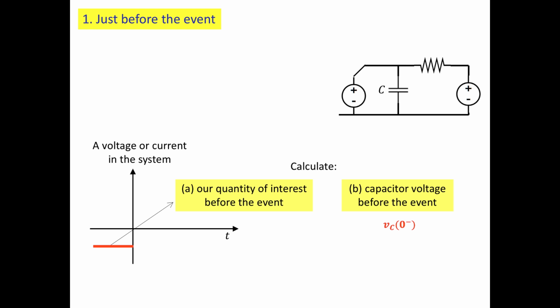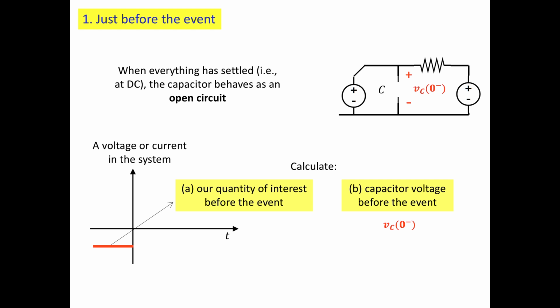Now, before the event, I'm going to assume that the system has been stable for a while, and so nothing is changing anymore. In that case, the capacitor behaves as an open circuit. Everything has settled, everything is at DC, and so the capacitor behaves as an open circuit, and I can just analyze this system here,